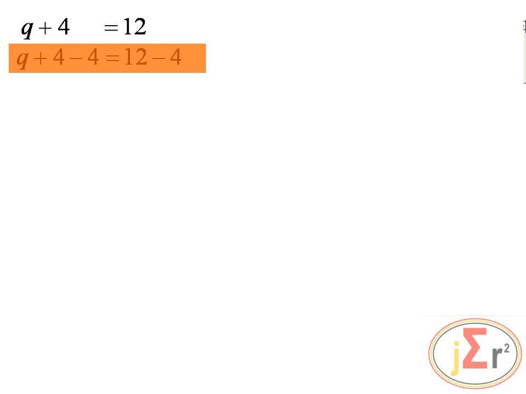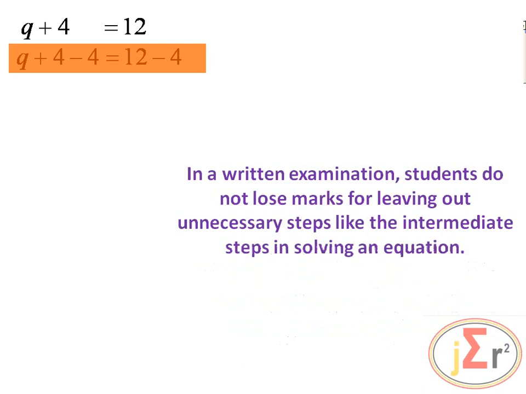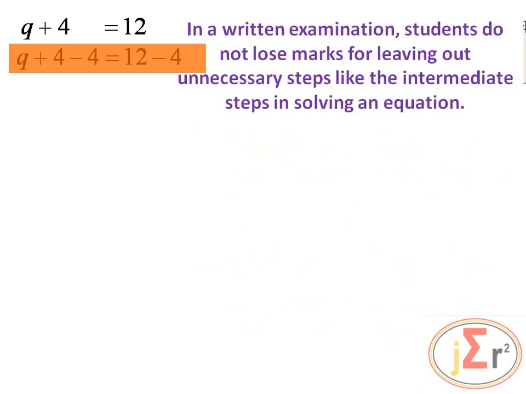The intermediate step in which we subtract, in this particular case, 4 from both sides, is the one that you might want to not include. In a written examination, students do not lose marks for leaving out unnecessary steps,